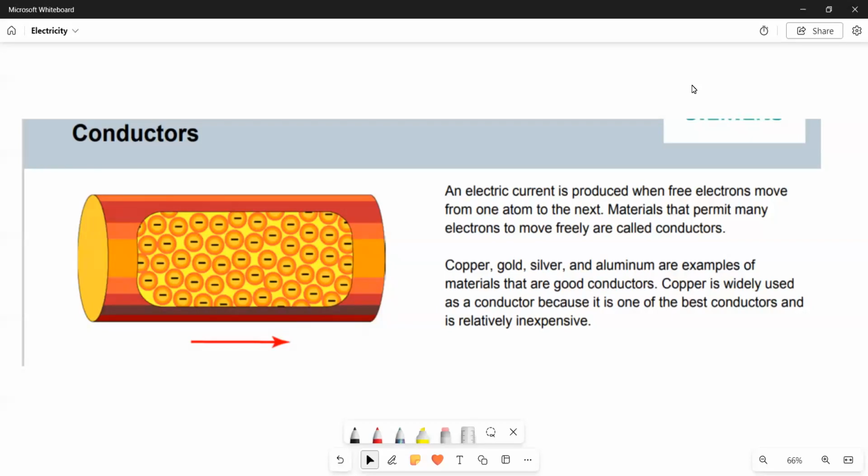I think in chemistry they call it metallic bonding. The theory is that it's as though all these outer electrons that are not so tightly bound to the nucleus tend to form like a sea of electrons that are ready to be moved around, right? And metals like copper, gold, silver, aluminum, and so on, these are called good conductors, right? And that's why if you were to go to the hardware store and buy a piece of wire that you will use to do some wiring in your house, most likely